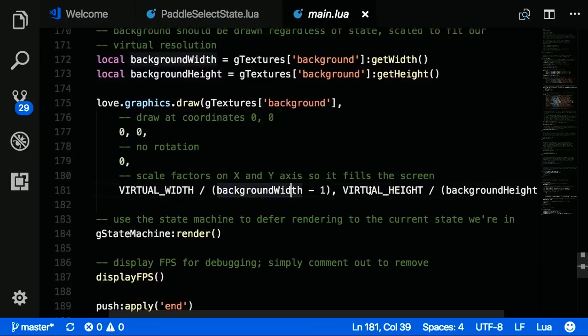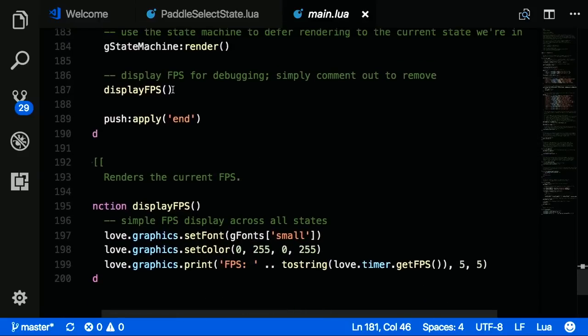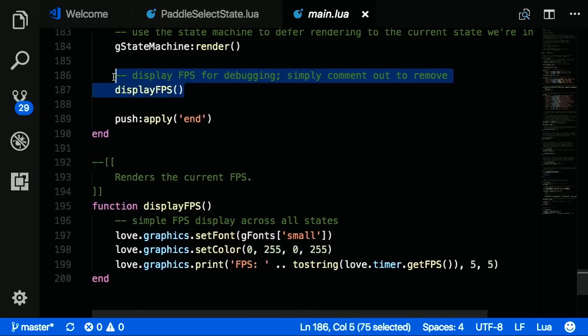And recall that these two parameters are the scale on the x and the y. So it's going to be some like 1 point something or 2 point something, whatever it takes to end up filling the screen. And then lastly here, the new bit I implemented is just a display frames per second function,